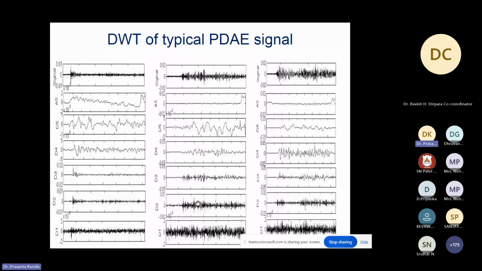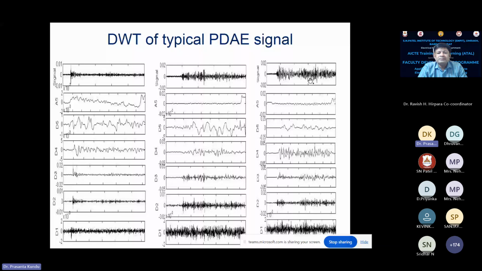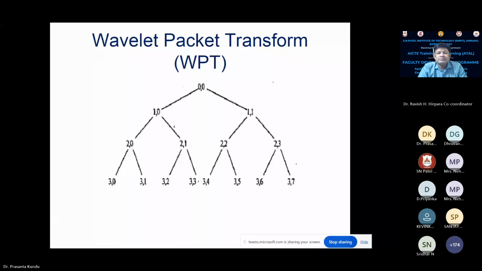Now, these are a few examples of typical signals for the different types of partial discharges. From their energy level, we can decompose them and find out the different classifications. And classification is necessary to identify whether there is a severe zone or not so severe zone. Or if it is a severe zone, how much is the intensity of the severity? So that is why you want to do the classifications.